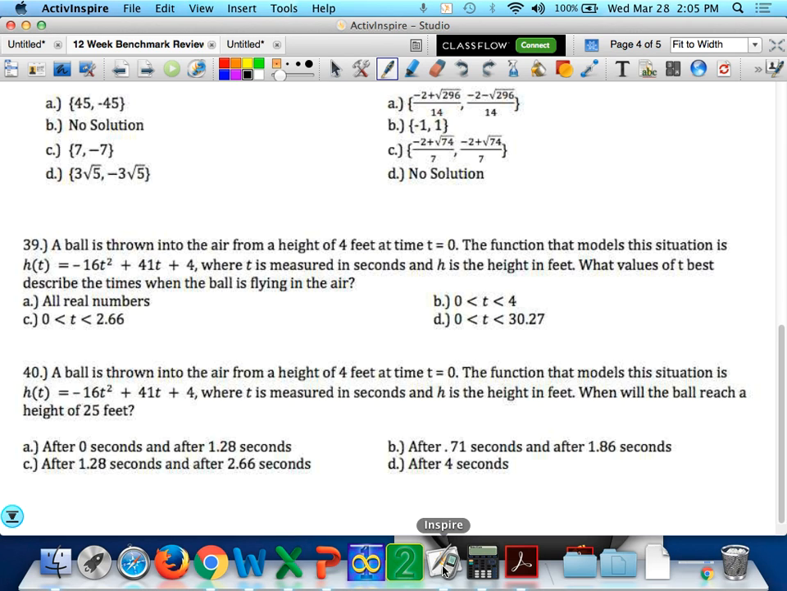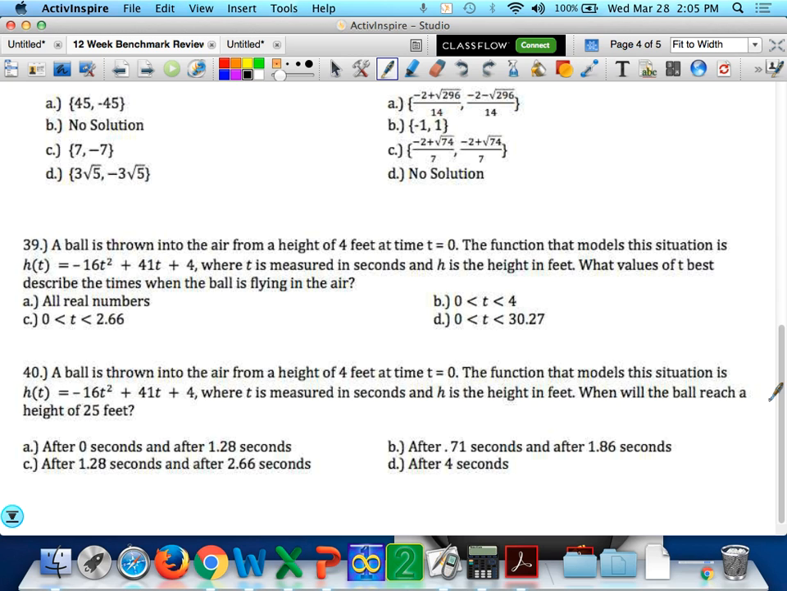We're on to the very last problems of this benchmark, guys. We're on the home stretch. It's a long benchmark, but there's a lot of it you can do in the calculator and check in the calculator. Okay? Number 39 says a ball is thrown into the air from a height of 4 feet at the